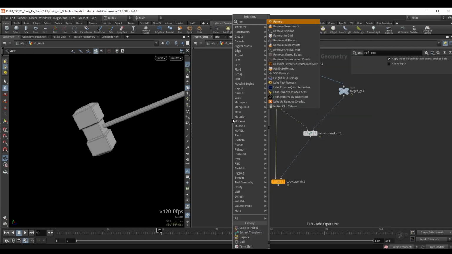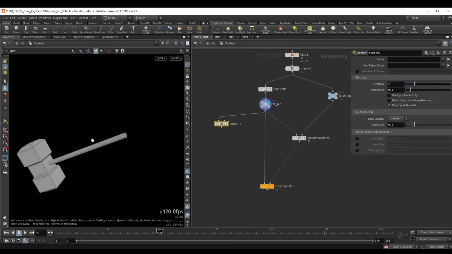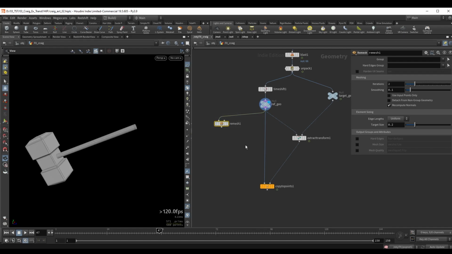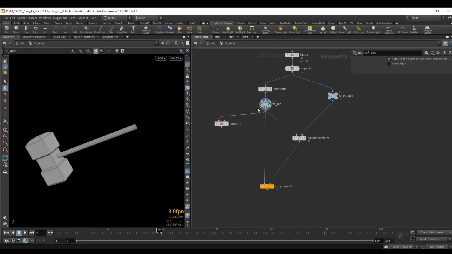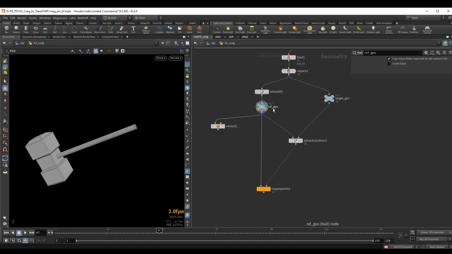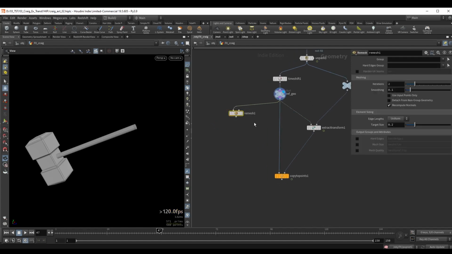So over to the side I will place a remesh node, and it's important that you do this in a separate chain so that we don't change the topology of the reference geometry. The topology of the reference geometry and the target geometry must be the same. So over here to the side, let's do this remesh and decrease the target size to maybe 0.03,